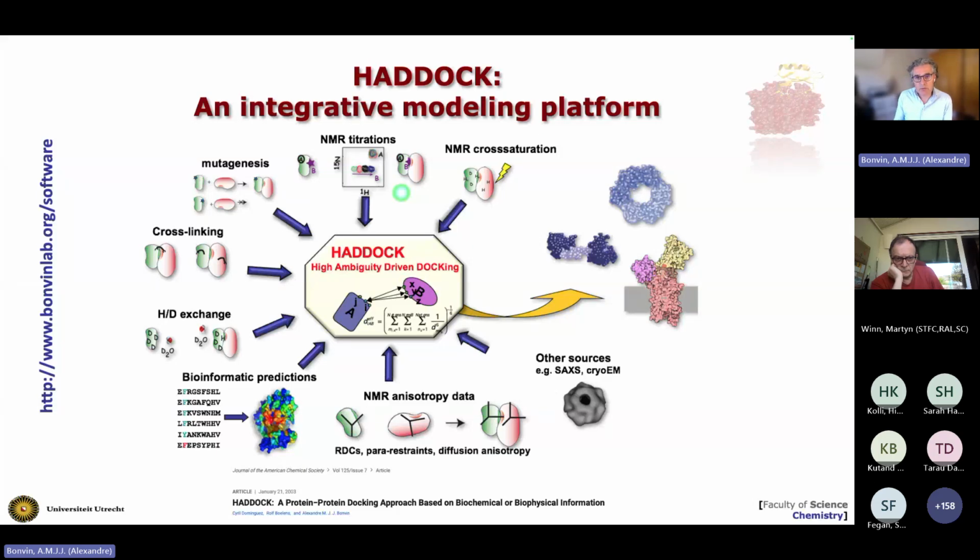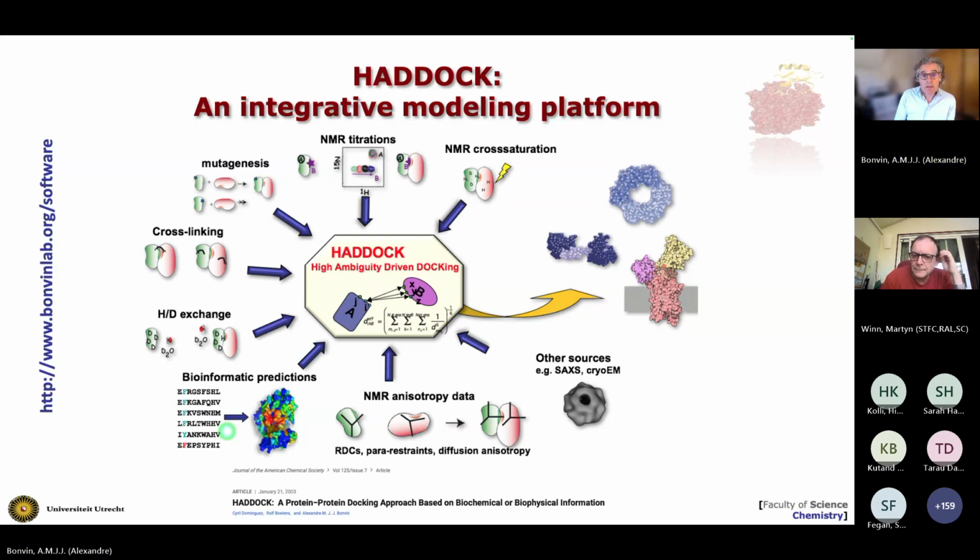So it started from NMR, and you see NMR has many contributions in terms of studying complexes. Many experiments provide you bits of information. Mutagenesis is valuable. Cross-linking, linked to mass spectrometry, extremely valuable. Very little sample quantities needed. HD exchange. Bioinformatics, of course, you can try to predict contacts. Coevolution has been there since a long time before it was used in AI and AlphaFold methods. And we have shown that this is also very useful to model complexes, of course. And over the years, we've also added support for cryo-electron microscopy. So I think we are covering most of the CCP parts that are represented in this